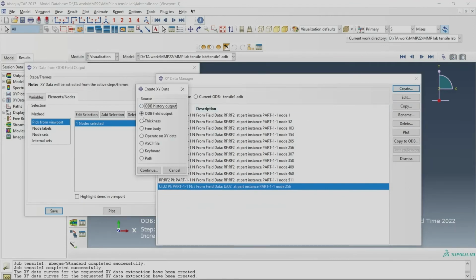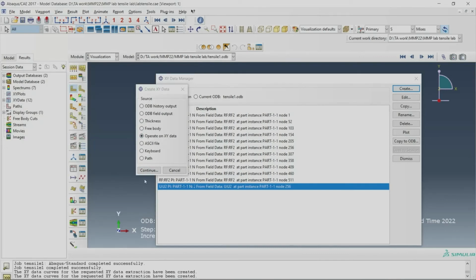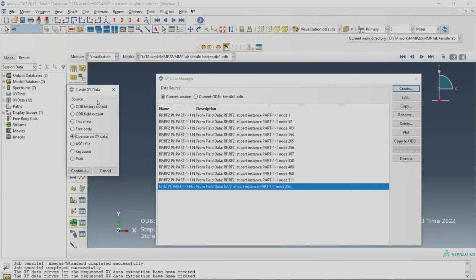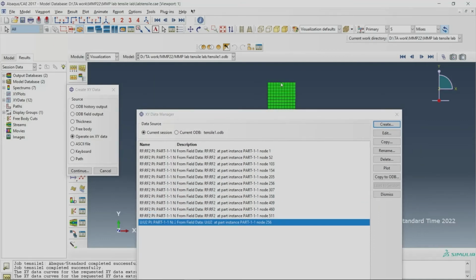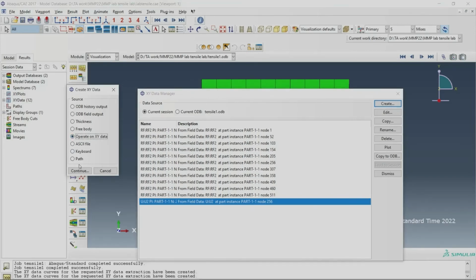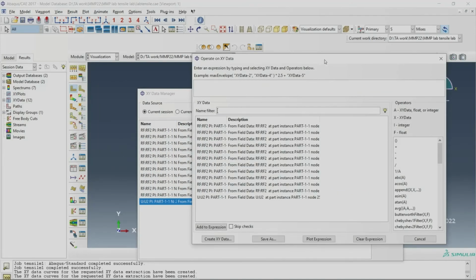Now create and operate on XY data. What we are going to do right now is add up all the loads on these nodes. So operate on this XY data.